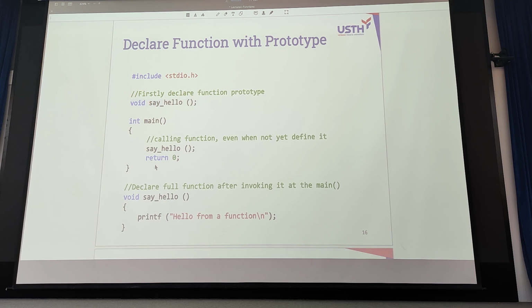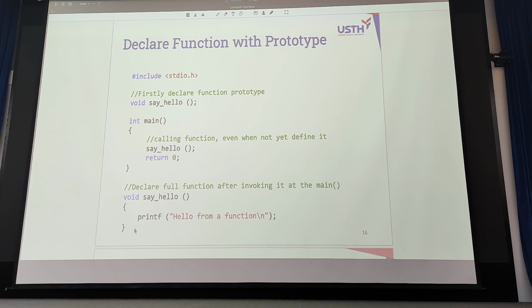If you keep the program only till this point without the declaration, the compiler will show you an error. You call the function say hello, but haven't defined it before.